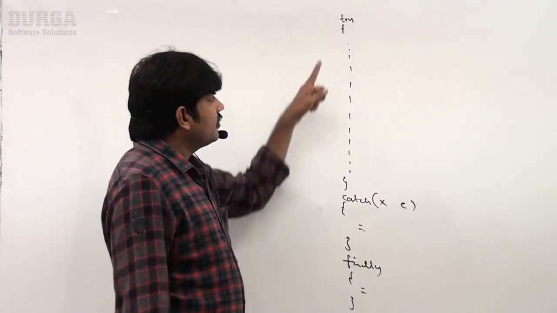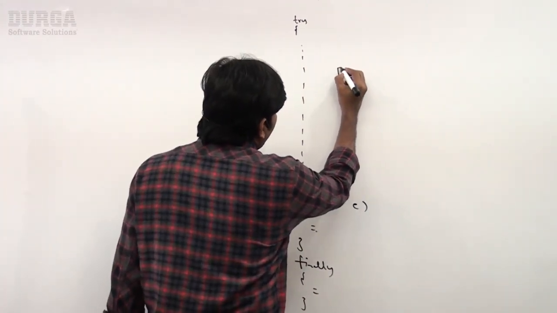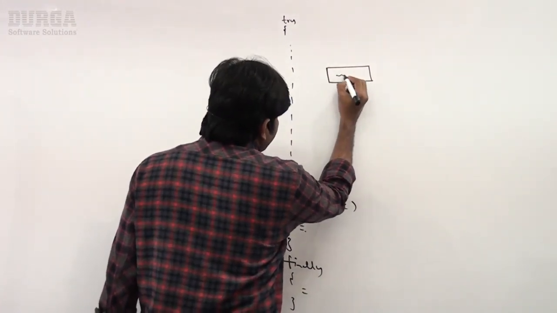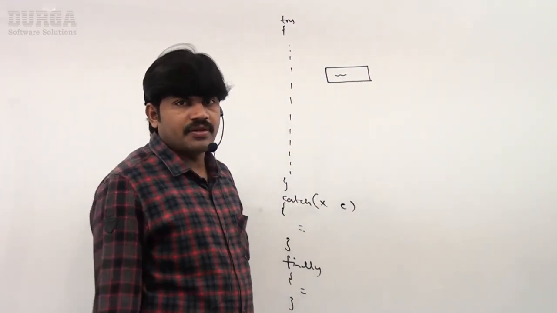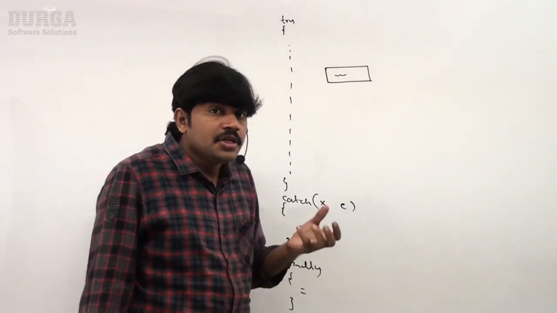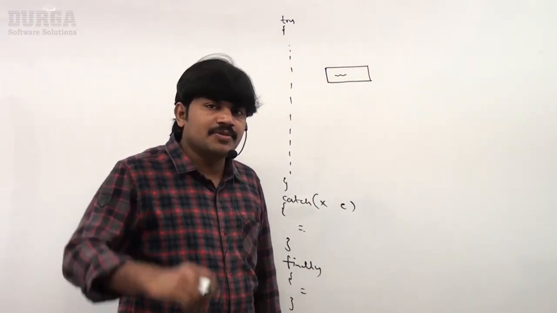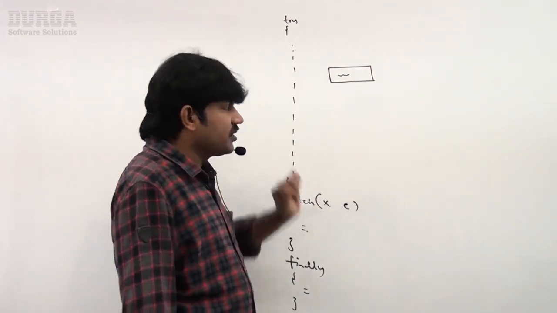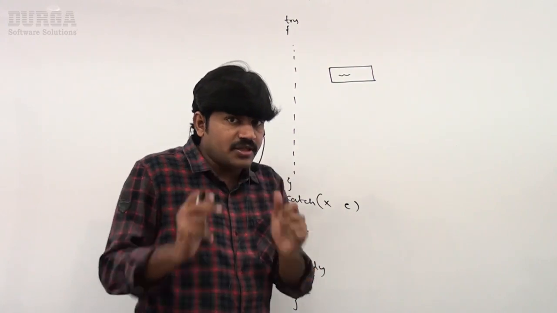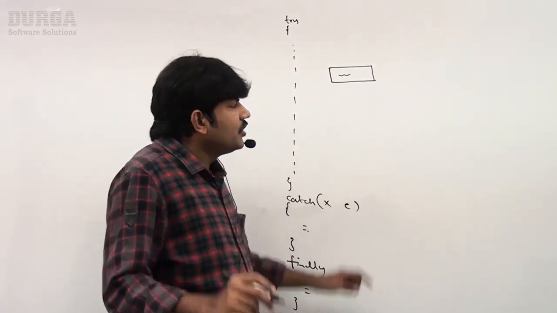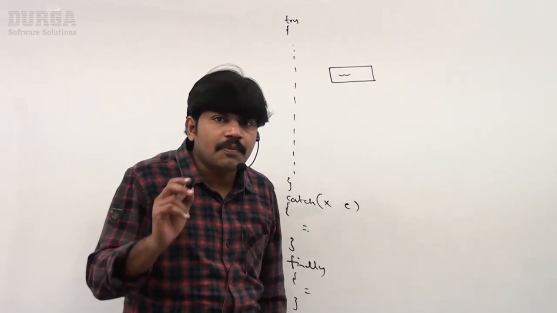Now assume that in this there is some code that is too much risky, maybe communicating with third party software, third party vendor machines, or communicating with a third party database. That database is down most of the time. It is too much risky code. It is the risky code, but this one is the too much risky code. Now this too much risky code is highly recommended to keep in a separate try catch.